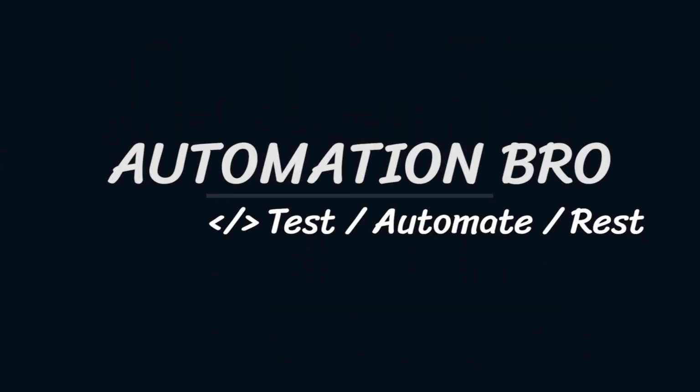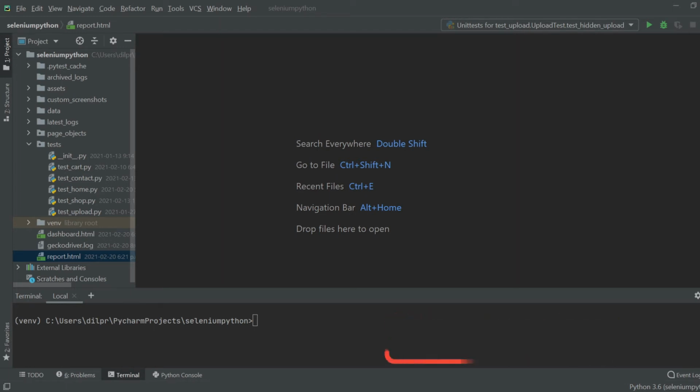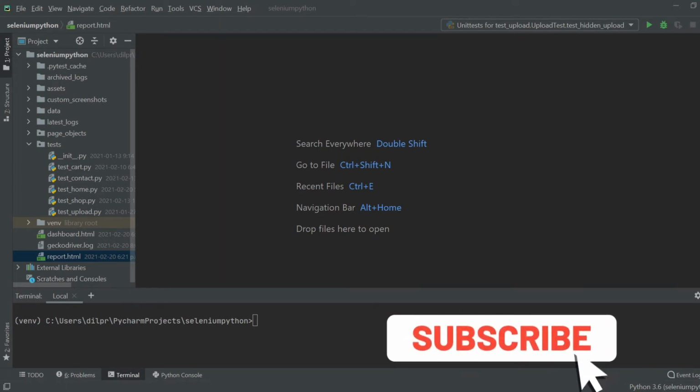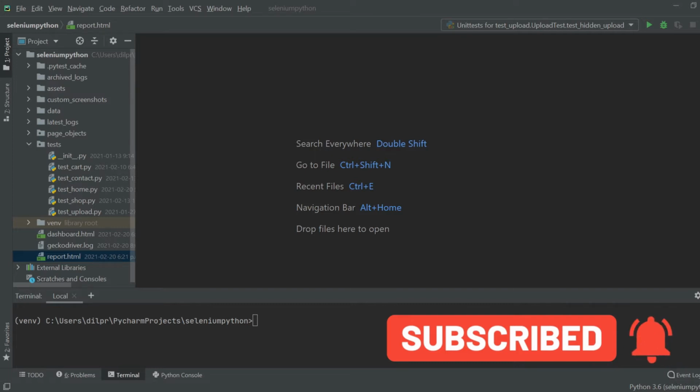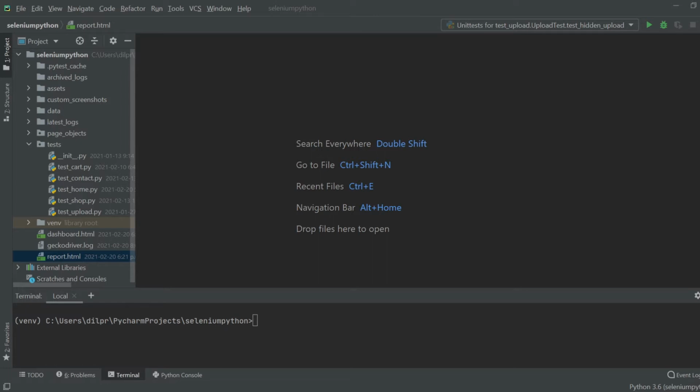In this video, we're going to learn how we can do cross-browser testing as well as parallel testing with Selenium Python. Since we're using the Selenium-based framework, doing cross-browser testing and parallel testing is extremely easy. All we need to do is just pass in the right command when we will be running our test. So let's take a look at how we can run tests on Firefox.